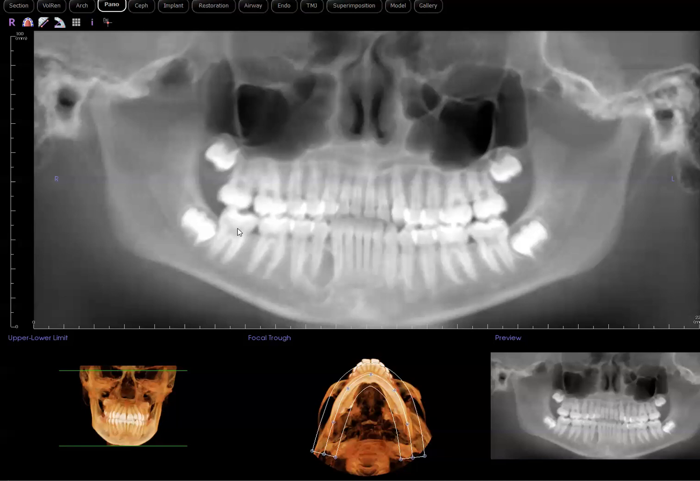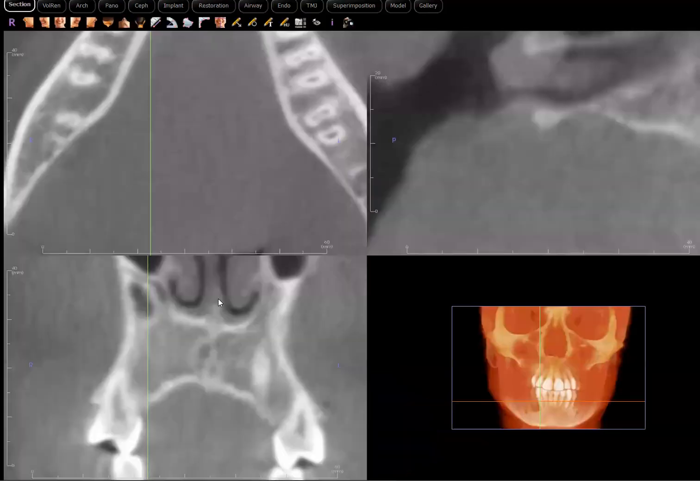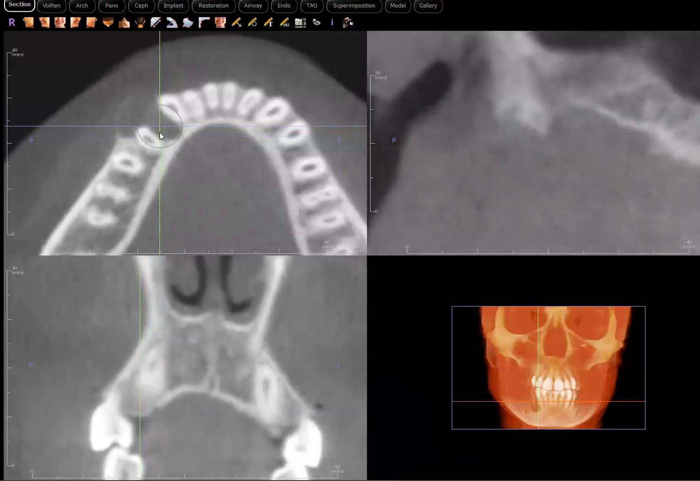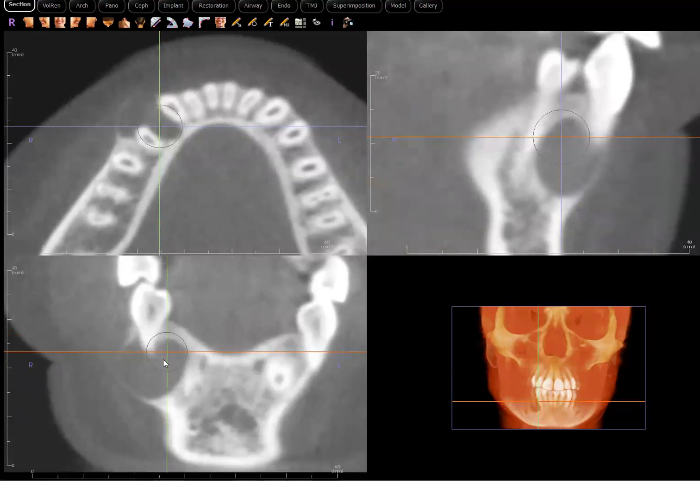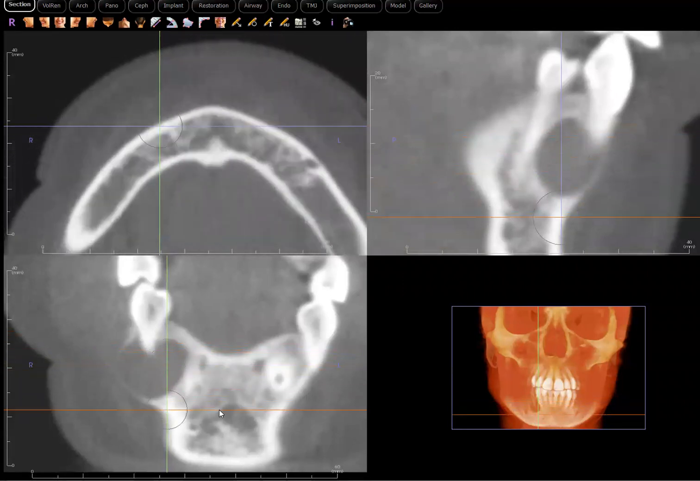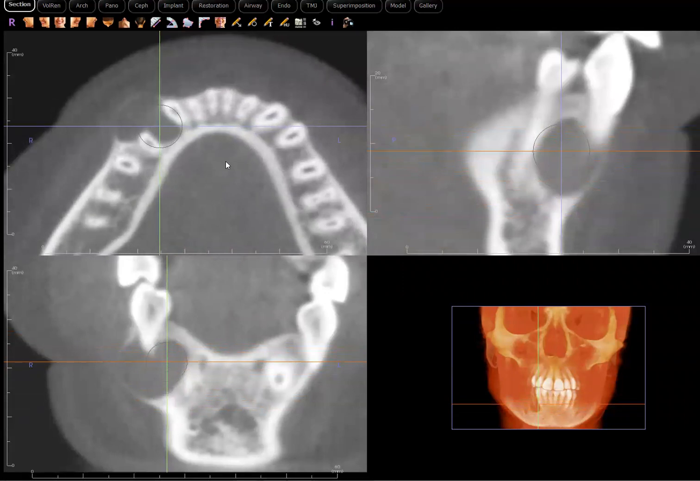And if you look at the overall quantity of the bone and the dentition, we don't see any gross carious lesion or any bone loss. All right, so let's go ahead and take a look at the lesion in the multiplanar reconstruction view. Okay, so all the features that we saw previously are seen here, but what this multiplanar reconstruction